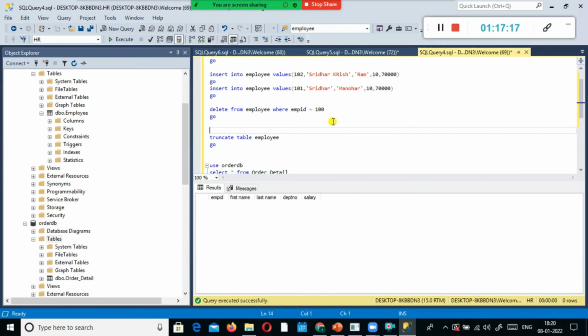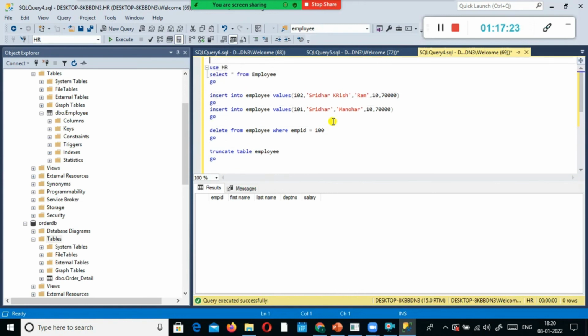Don't get confused by data warehouse concepts. Don't worry, I'll explain everything as part of the Power BI session. I don't want you to be overwhelmed by explaining all the concepts in a single session. So if you know how to create a table, insert the data, delete the data, and truncate the data, that is fine. Truncate is a very dangerous command. It will remove the entire data once and for all, and you cannot retrieve the data.